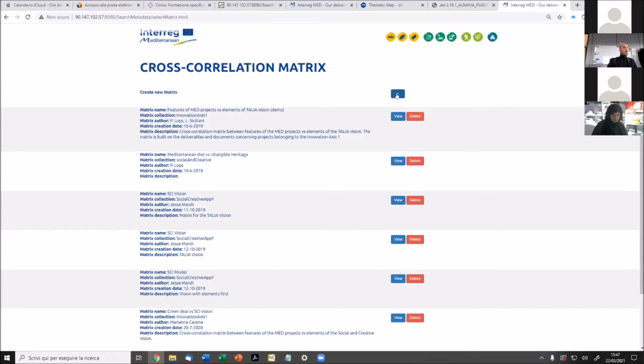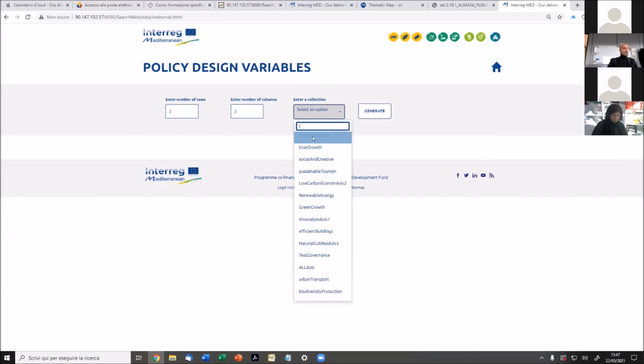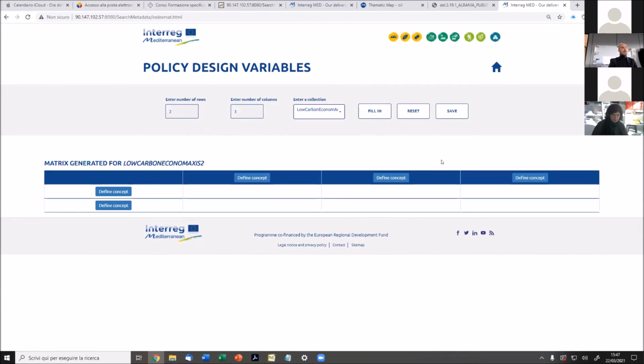We could create a new analysis, that is, we create a new cross-correlation matrix, and we can ask the system to create it, and we can define the number of rows and the number of columns we need. For example, we need a matrix 2 by 3. We select a collection of documents on which to perform the analysis, and we ask the system to generate the structure of the matrix. In this case, we have an empty structure, and in order to proceed with our analysis, we have to define the concept for each column and each row. So each concept could be